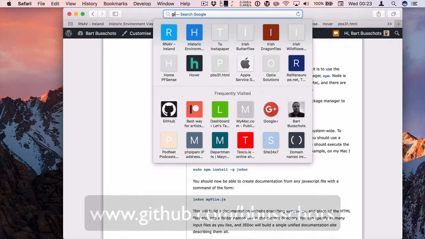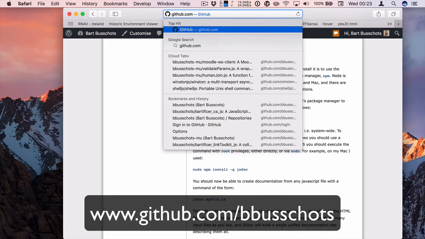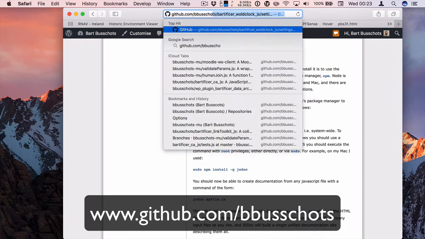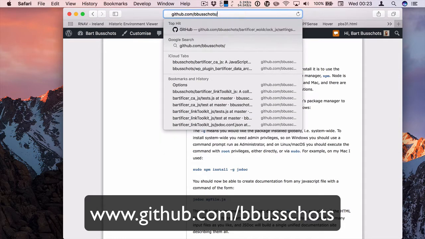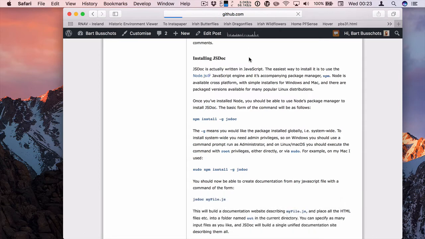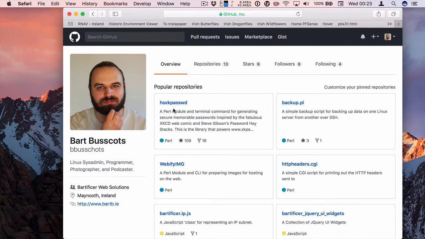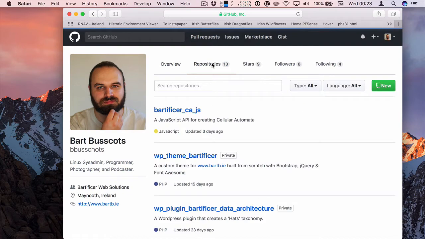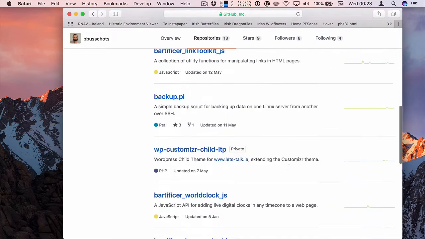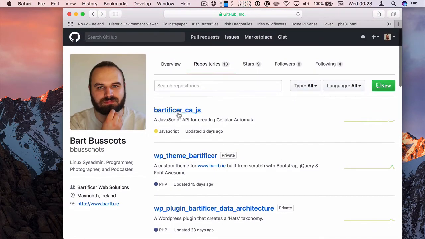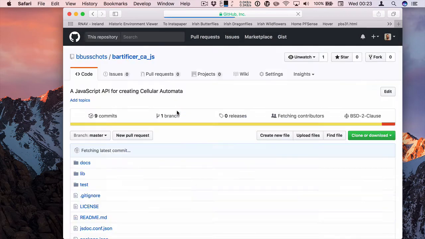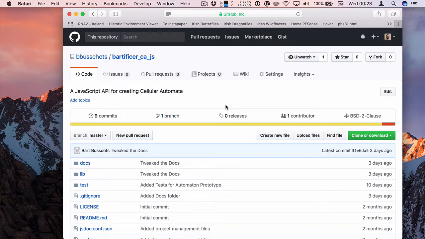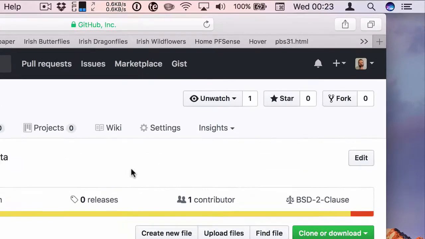So I'm going to go to github.com/bbusschots, if I can spell my own name. And that will take you to my GitHub page. If you go to repositories, you'll see all of the code I'm publishing out, and Bartificer CAGS is the code for the cellular automata. Now, if you were logged into your own account, you would see something slightly different, but